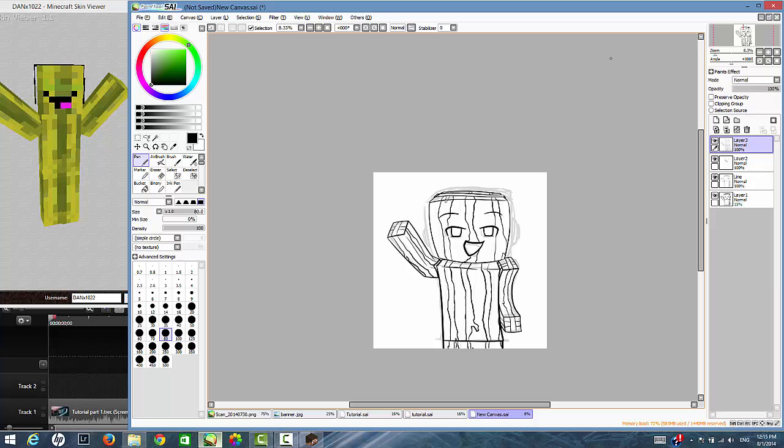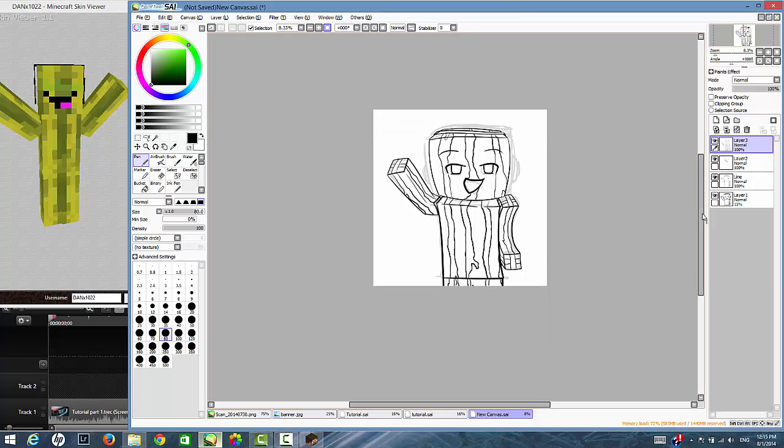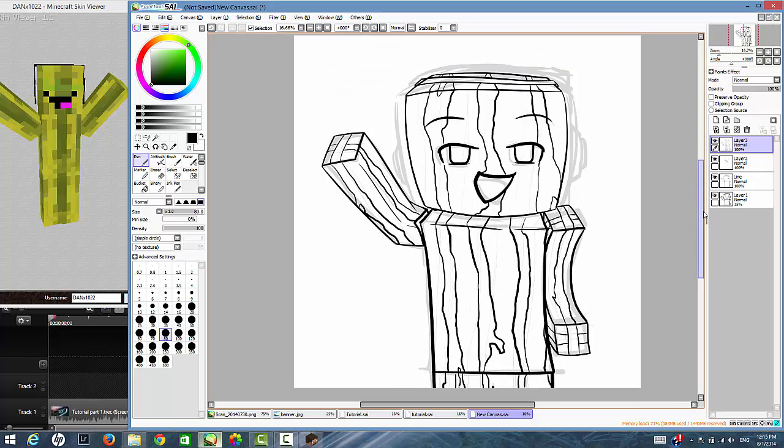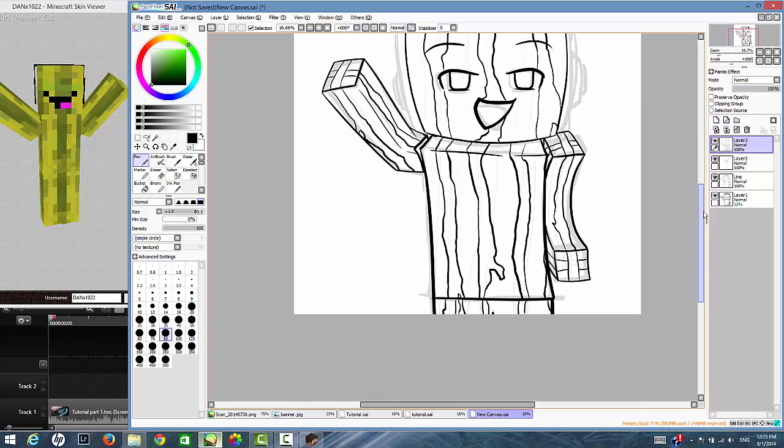And yeah, we are back, and I have finished the line work basically, and next is the fun part,